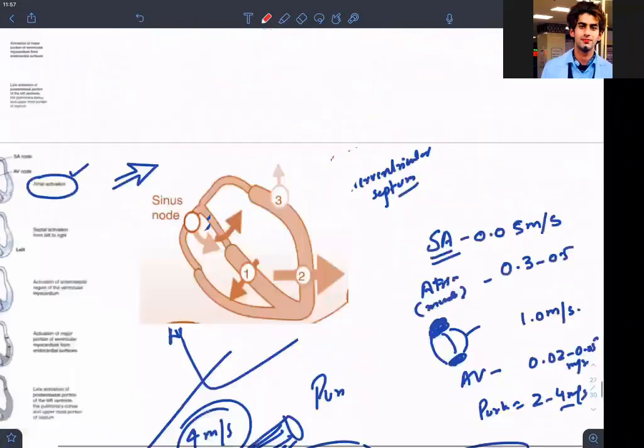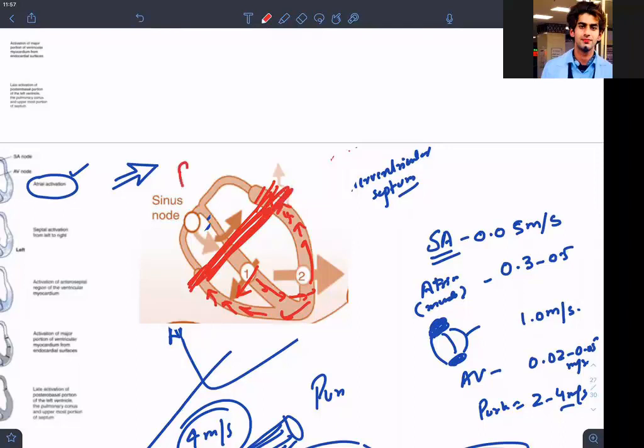So is the current getting diminished here, finishing here at this fibrous tissue? Is it diminishing like this? It went like this and then it went to the apex and then it started depolarizing like this. So isn't it diminishing at the basal side? This is your basal side of the heart. This is the apical side of the heart. So it is diminishing at this portion. Are we clear or are we playing, my dears?